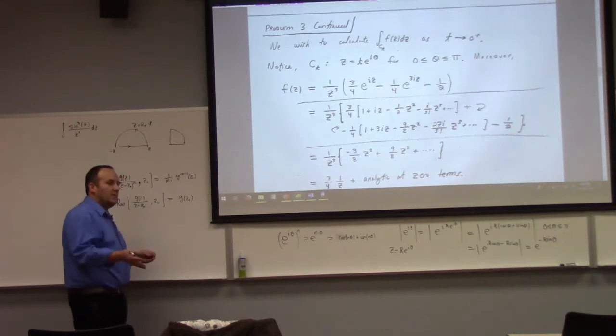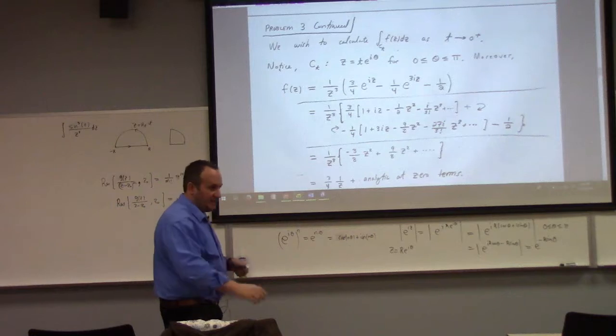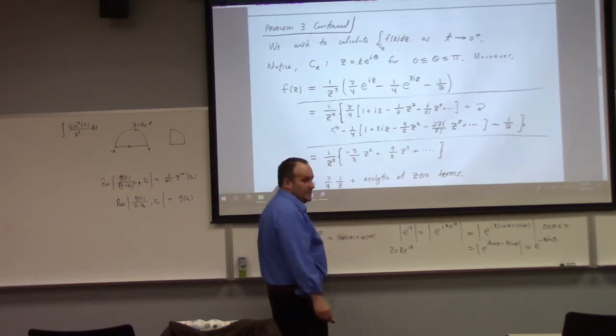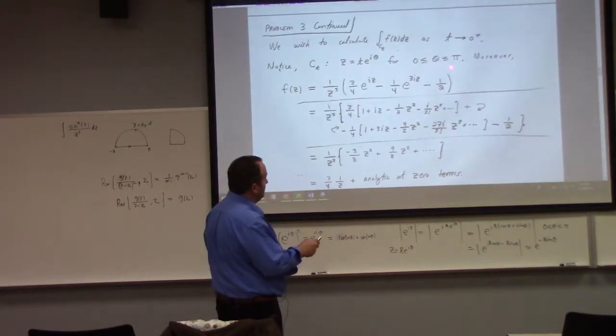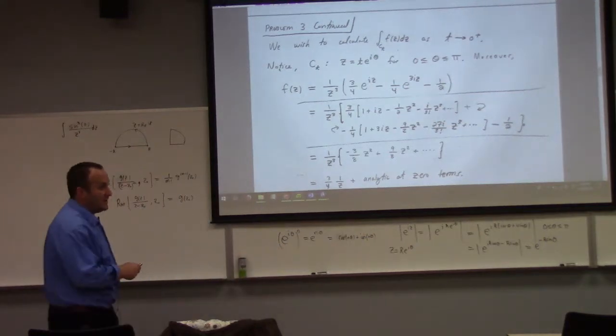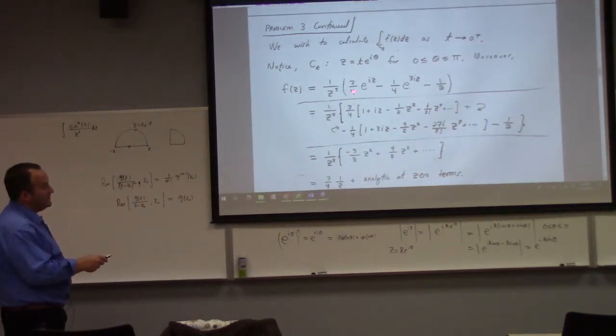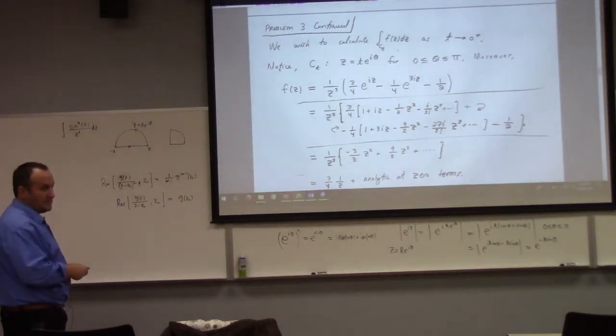My point to you is you can go back and calculate the residue. We don't have to settle that right here, right now, but all I'm doing here, guys, is calculating the residue of f of z at 0. So my point to you is if I call this whole thing g of z, if I differentiate it two times and then plug in 0, that should give me, after dividing by 2, the residue of this function f at 0.